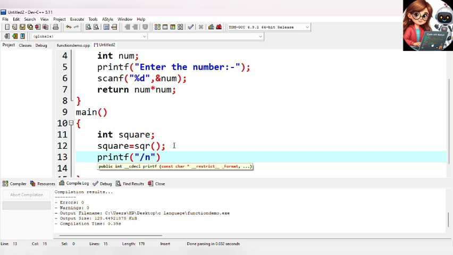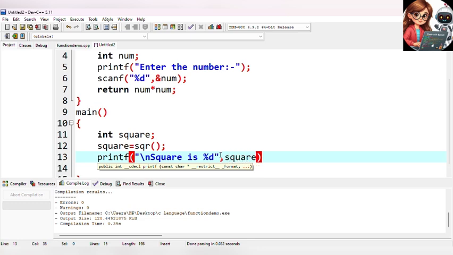I'm messing around with the backslash n, I guess. Which one is it? I just forgot. Yeah, this one only. Backslash n, square is, we are going to write %d so that the value gets printed here, and we are going to write square.